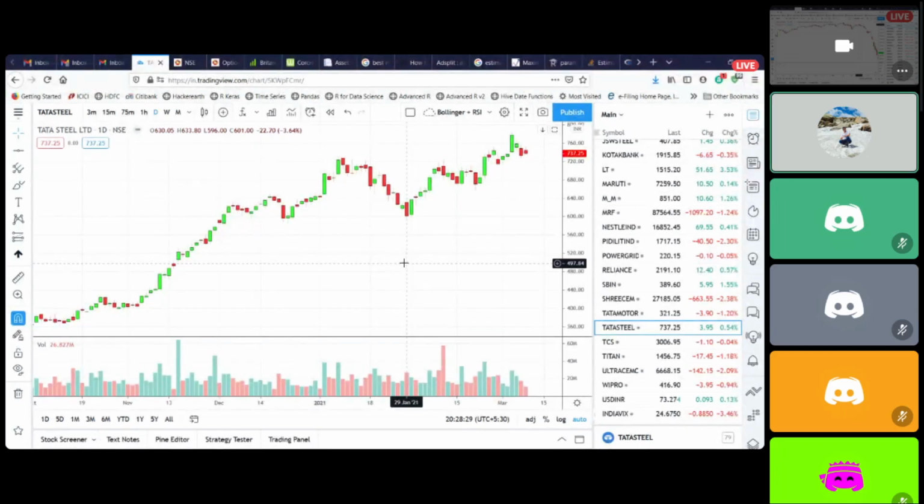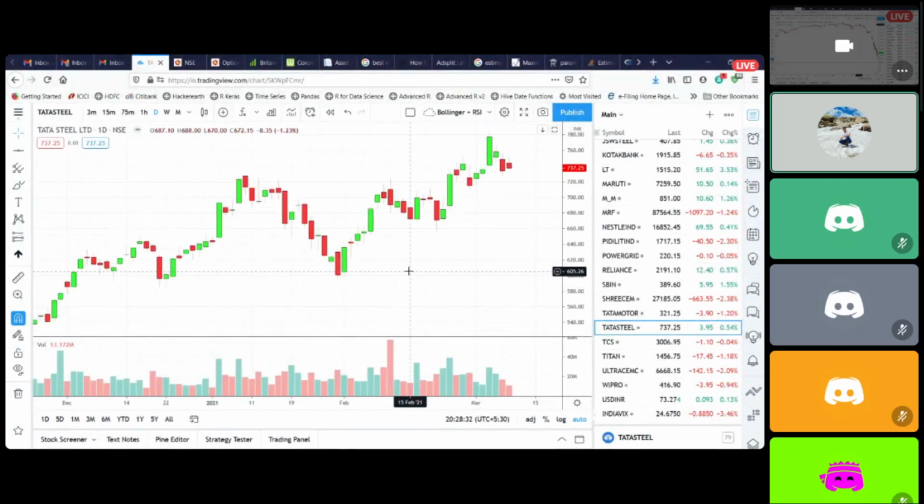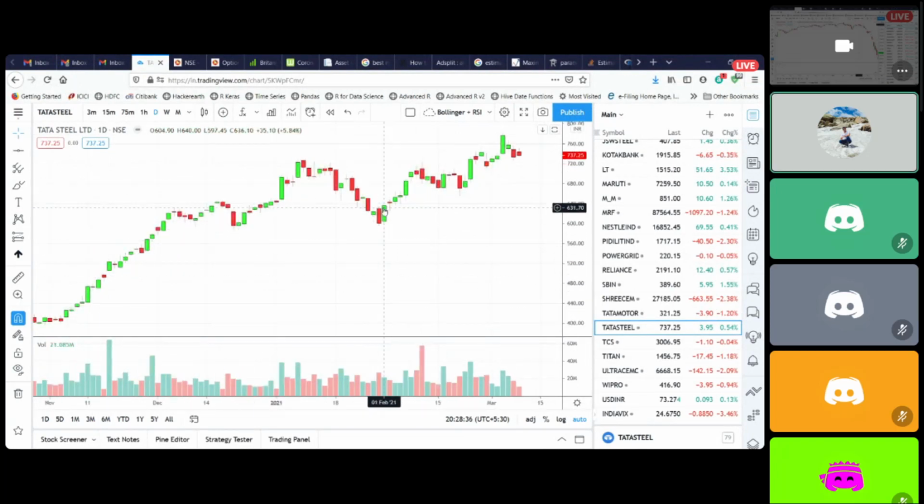Yep. The problem with putting in more money is that the risk reward for that more money becomes skewed. If you went long at 635 and later you decide to pump more money at 680, the stop loss for this 680 money is still below 600 only. So that is a huge stop loss. I am not comfortable with adding more money here because the stop loss is very high. No, but the average price is in the middle, right? So the stop loss only increases slightly, not by that much.